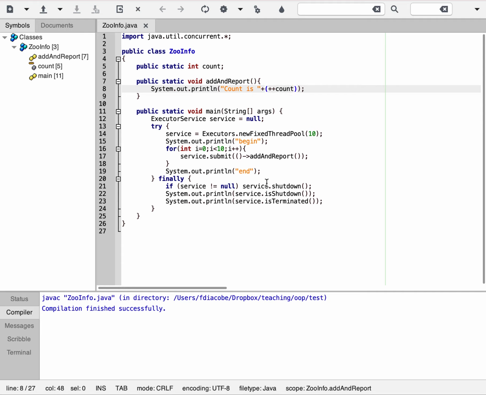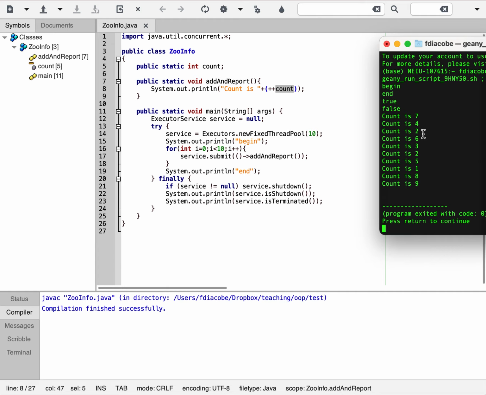When many threads access the same variable, you can end up with situations where two threads read the variable and they read the wrong value, because the idea here is that every thread increments the value. But in this case, twice it was read and it was the same value, so the increment was lost. And as you can see, the count never got to 10, it only got to 9, because two of these threads did the same thing, right? Now, that is a problem with concurrency. We're gonna solve that problem later on by